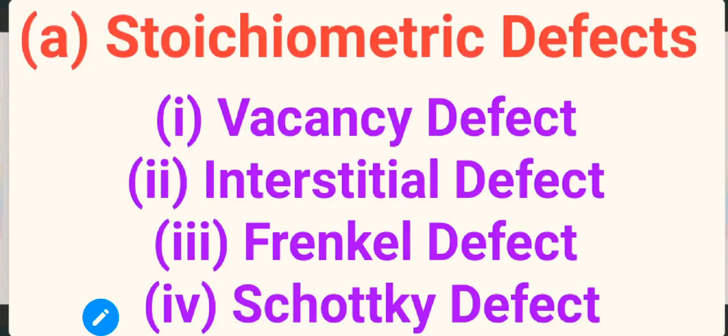First of all, the first one is stoichiometry defects. In this type of defect, the stoichiometry, that means the ratio of constituent particles, is maintained. Let us assume we have two particles in a crystal, and the initial ratio is per one first particle we have two second particles. Let us say the first particle is A, the second is B. So we have the molecular formula AB2. Per 1A we have 2B.